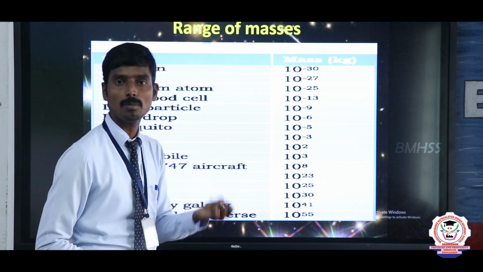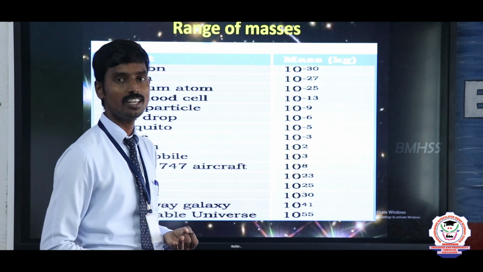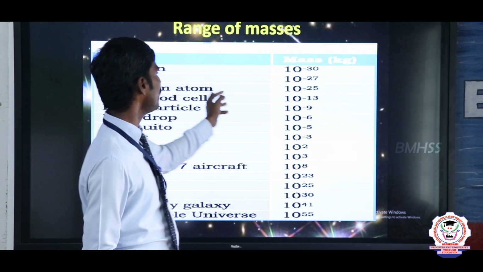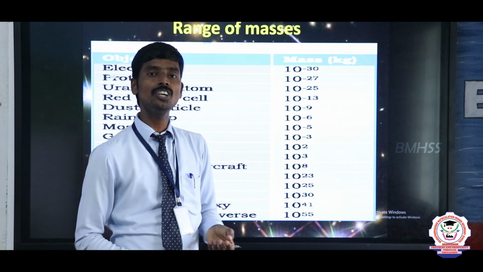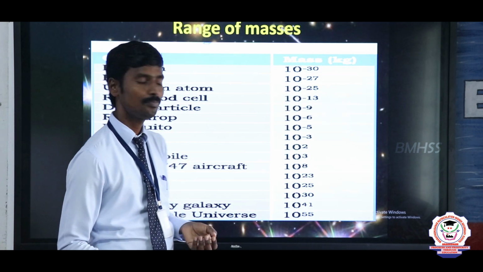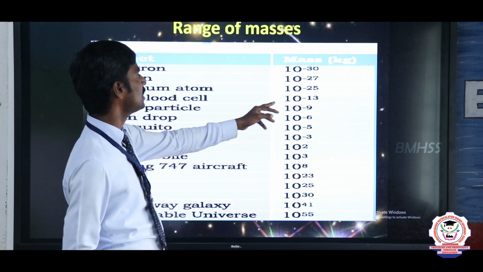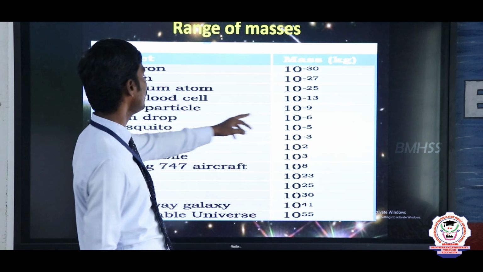The mass of the proton and the mass of the neutron are also the same. Okay, the next one is the uranium atom. The mass of the uranium atom is 10^-25 kilogram. Next one is the red blood cell, mass 10^-13 kilogram,